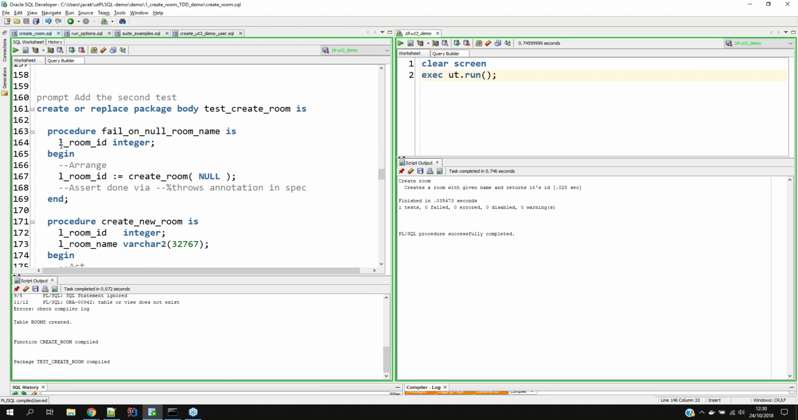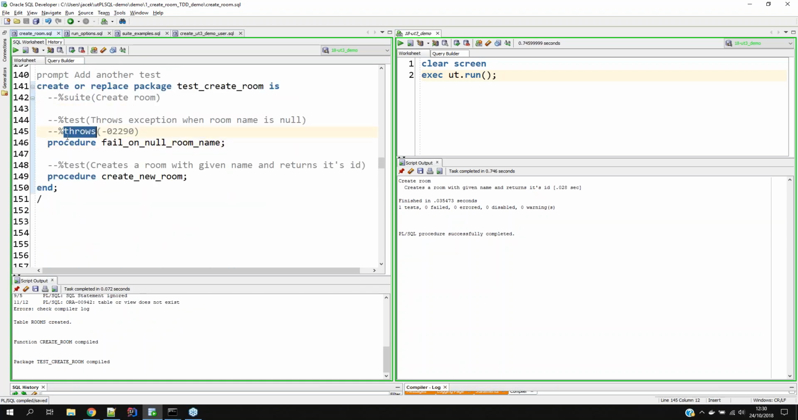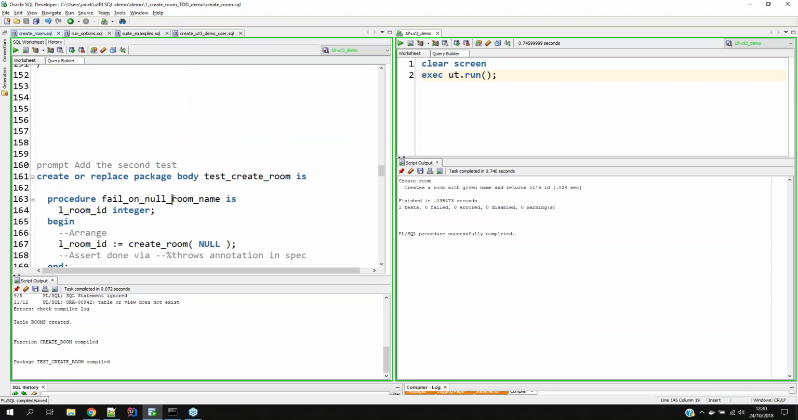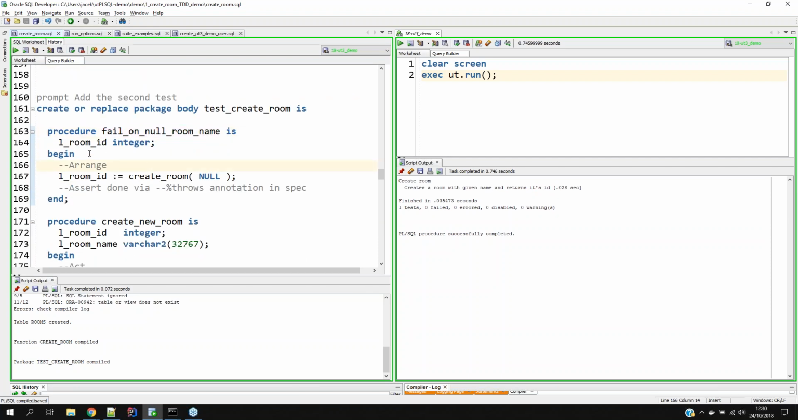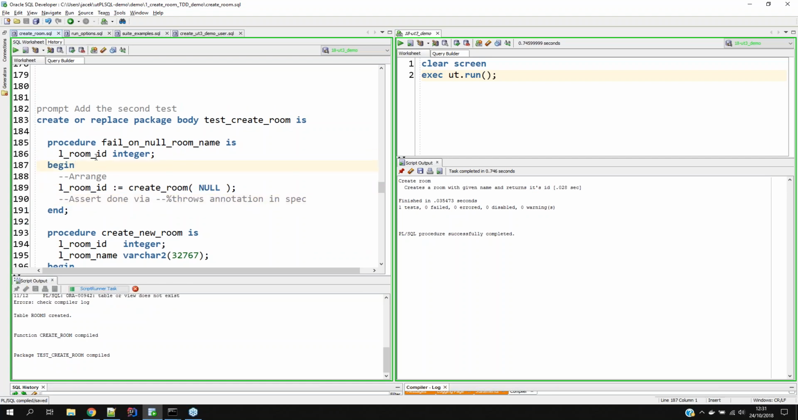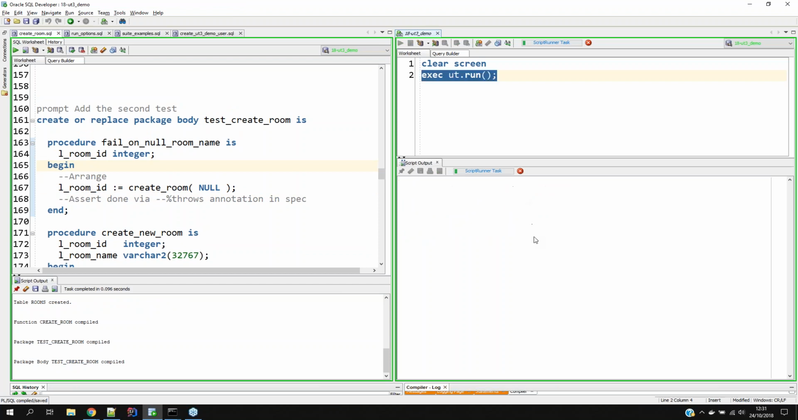Now testing for exceptions with utPLSQL is quite easy because you use the throws annotation, which says that the test will throw an exception. And you provide exception number or exception name or exception variable name in the throws as a parameter. So this is my test body. I'm just calling the function with null. That's all that there is. I'm calling the function with a null as an input parameter, and the assertion is done through the throws annotation in the package spec. So if I compile this and I run it,